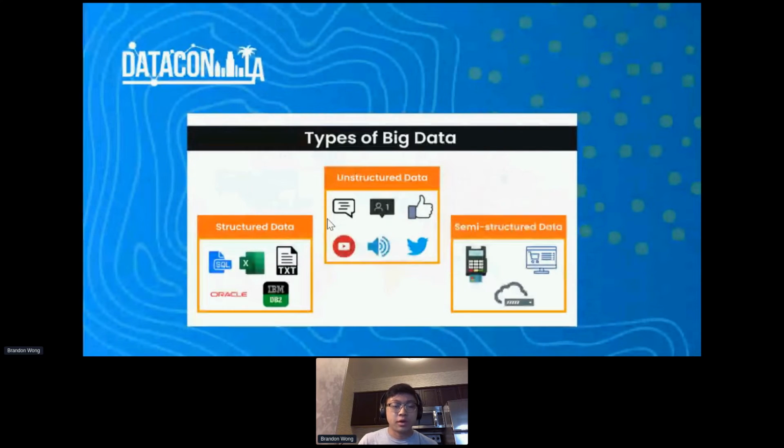Unstructured data, these are things like reactions and event logging from different areas. So on social media, when you like a post on Facebook or Instagram, all that stuff is unstructured because it's not really categorized. We log it, but it doesn't have a certain compliance or standard. Semi-structured data would be like a credit card processor, as you see in the image, where you have